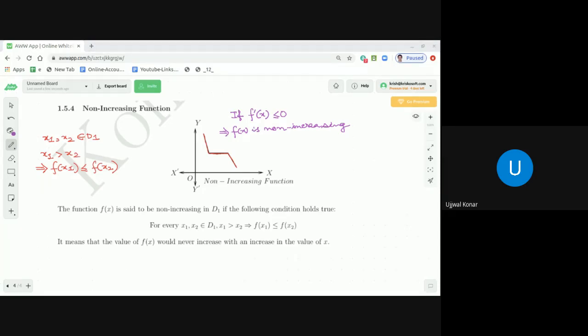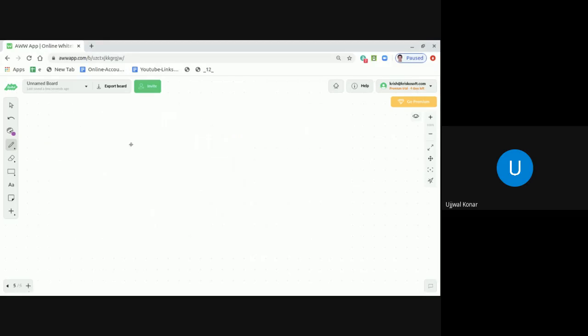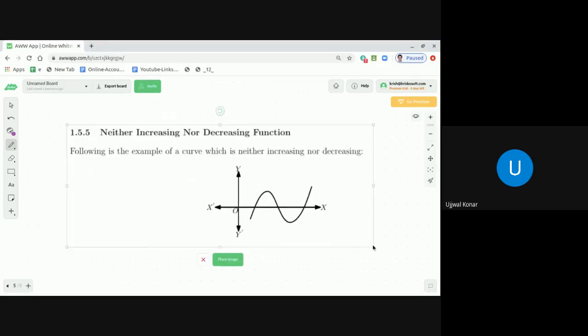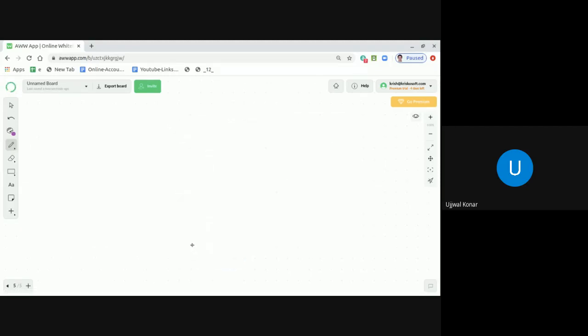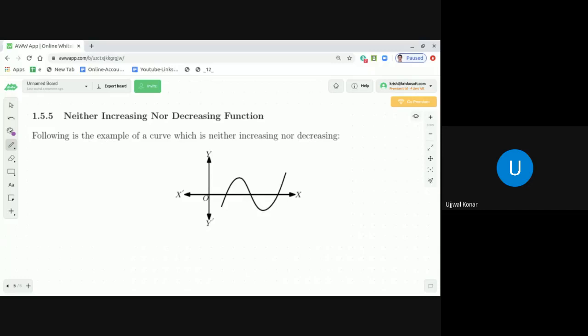Now the next one is a function that is neither increasing, non-decreasing, nor decreasing. What kind of function could it be? Let me show you, so that you will understand the meaning of such a function. As you see, dear students, in the adjoining graph,